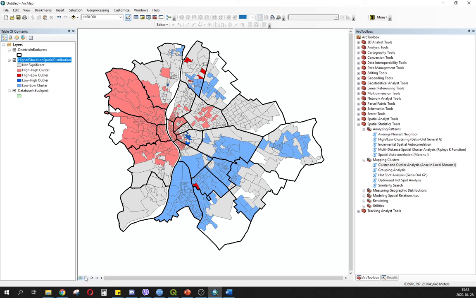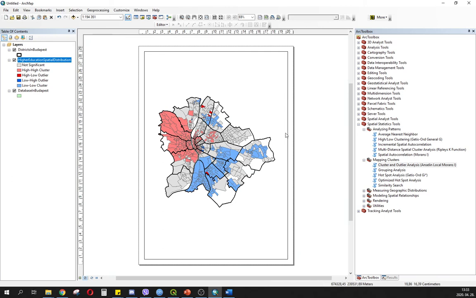So change the view from data view to layout view, and we have to make a map similar as the QuantumGIS, but some kind of different. So click on the